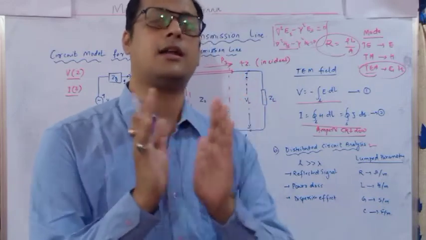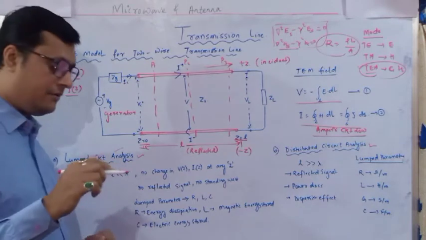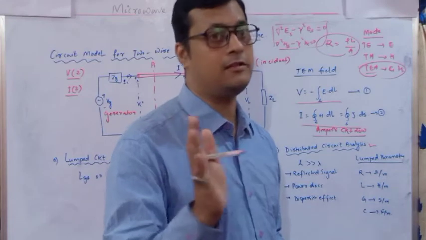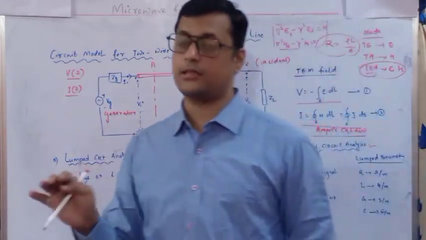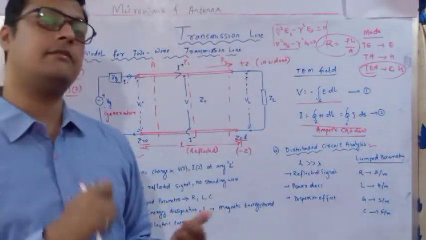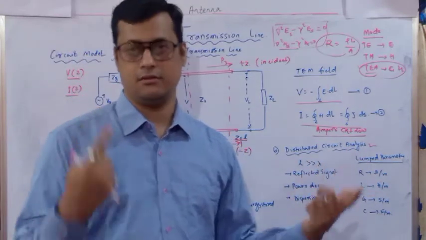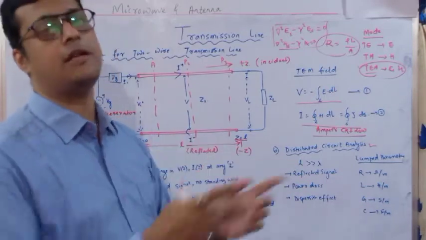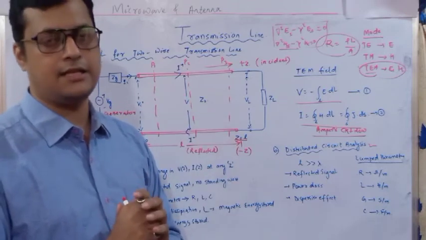Lumped parameter is only with RLC. Whenever we are going to transmit information, we first discuss the length of a particular line, and when discussing the length, we discuss the wavelength. What sort of wavelength must be there? If the wavelength is very small, that means the frequency component is high and communication will be done. And if the wavelength is very large and frequency is low, then we are going to deliver no information, only power transmission is done in that case.